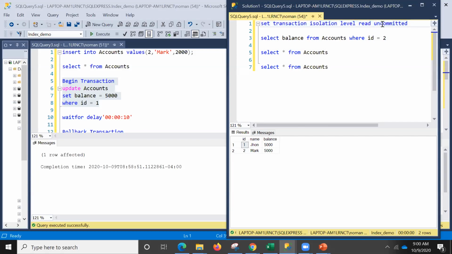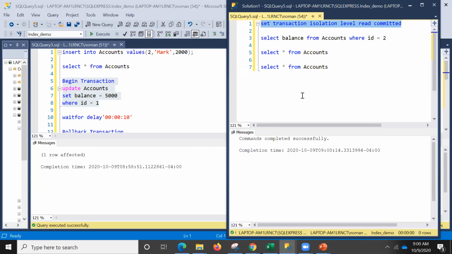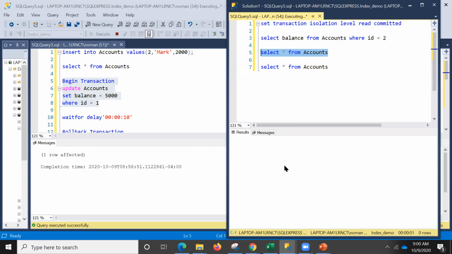Okay, now let's do one thing. This is the default nature of it, and I'm running this query. I've just changed the isolation level. I hope everyone is following, and there is a transaction going on which is not committed right now. Let's run it. So you see, now I'm unable to see data. Everyone can see that. Now, Alex, we are in this mode, but we have something that we can do to even run that.